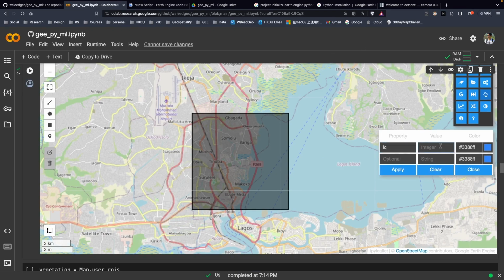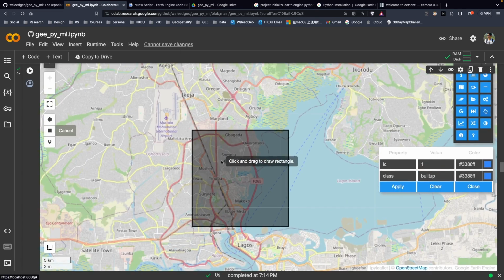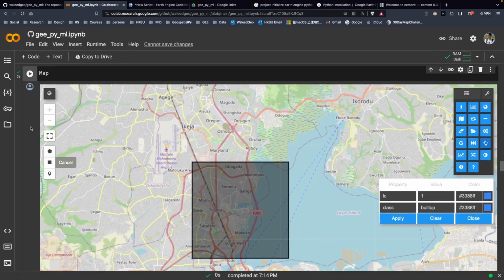And then we need to define the value. In the case of land cover classification, the values can start from 1. And here we can add a property such as class. For the class name, we can write built-up and click on apply. So it will create this property and layer. Every sample that we now create will have the value of 1 and will be considered built-up. So just to show you,